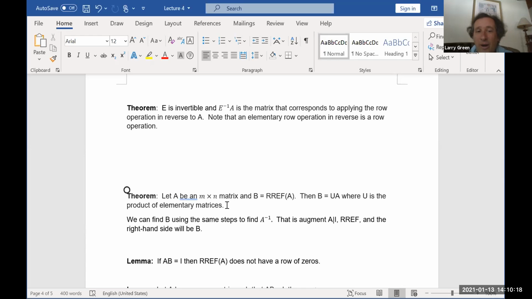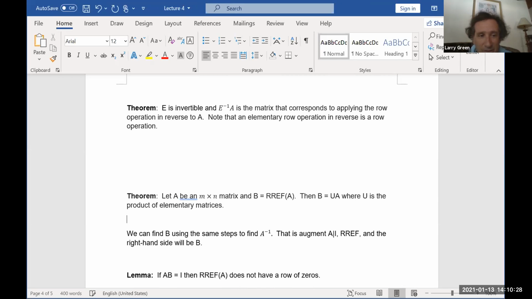Do you remember how you do RREF? Row ops. Okay, so you apply a row op. Let's suppose you applied a row op E1. Well, you apply a row op by multiplying by a matrix. Does that make sense? So we're going to have A,